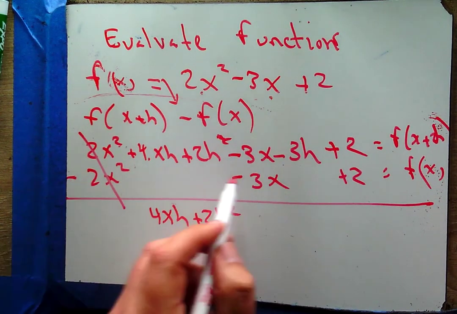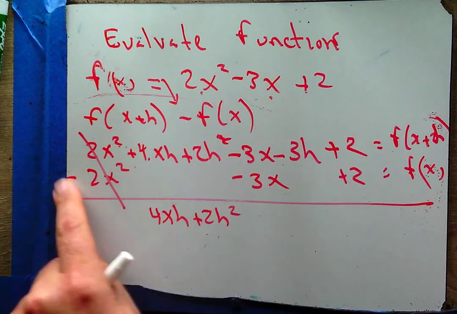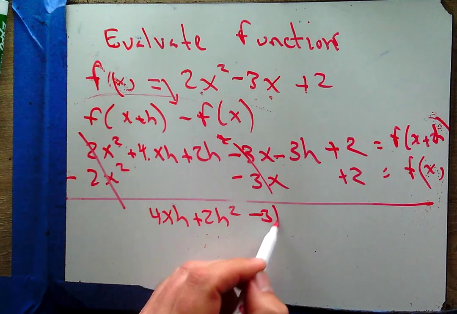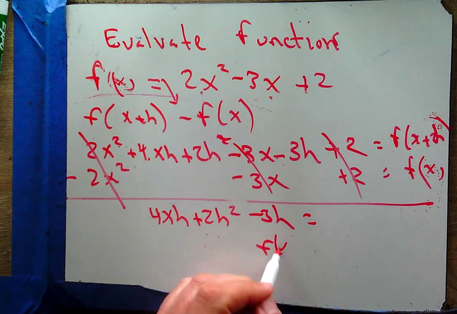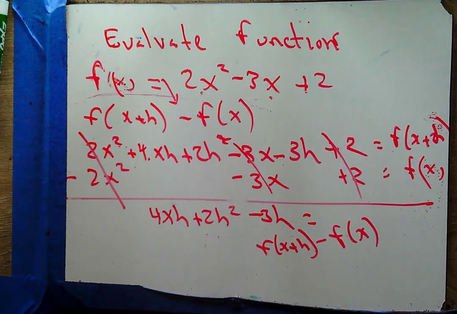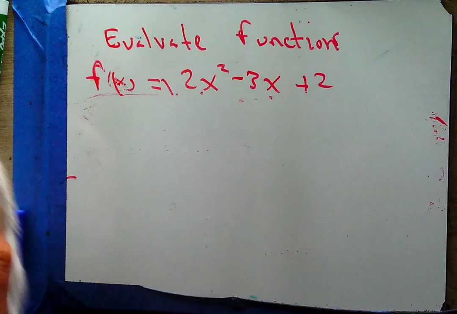Minus 3x minus a minus, a minus a minus is plus 3x. Minus 3x plus 3x, no, that goes away. Then we have a minus 3h. The 2's cancel. And there we go. That's f of x plus h minus f of x. Great. All right, the last thing I want to look at with this particular f of x is